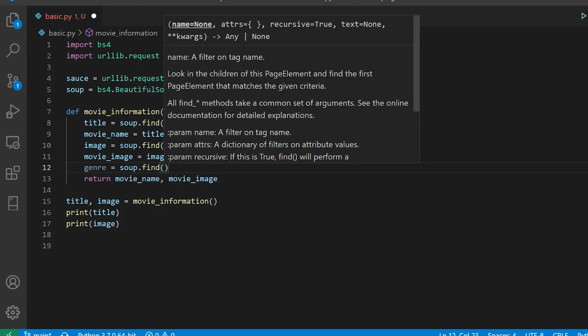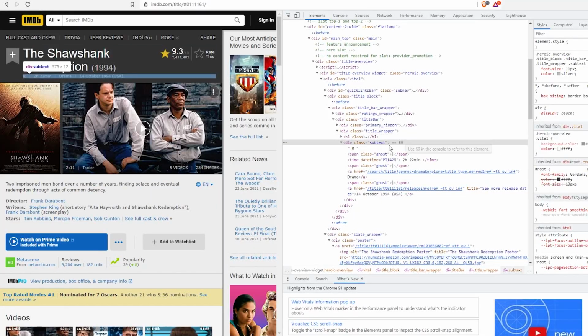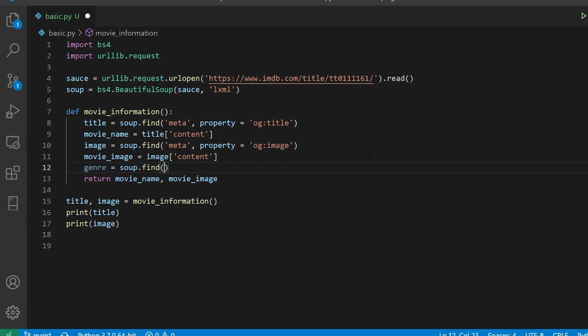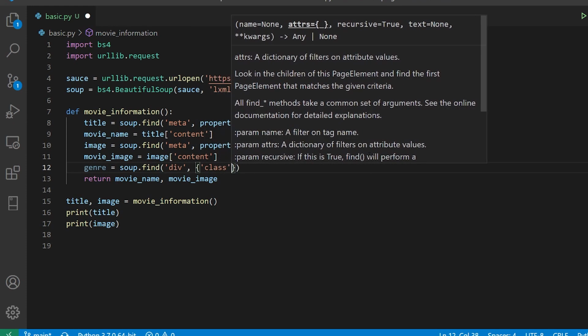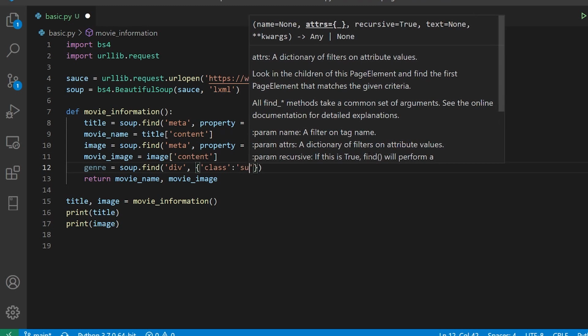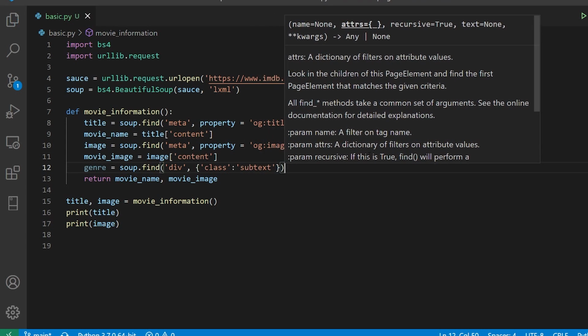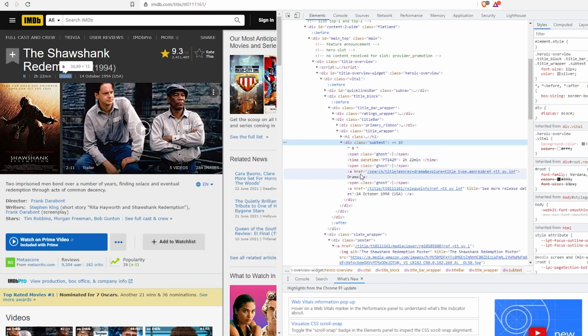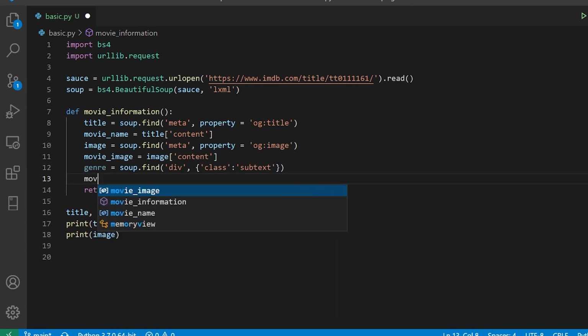soup.find, and inside the find I'm going to say div tag. So this is a div tag which has class subtext, so I'm going to use that. So the way I do it, I'll say div followed by class followed by subtext. That is the name of the class. All right, but that is not sufficient, we have to dig more inside. So my href actually holds the drama. So the way I do it, I'll say movie genre